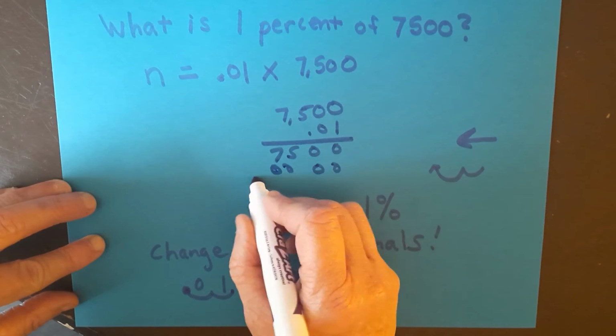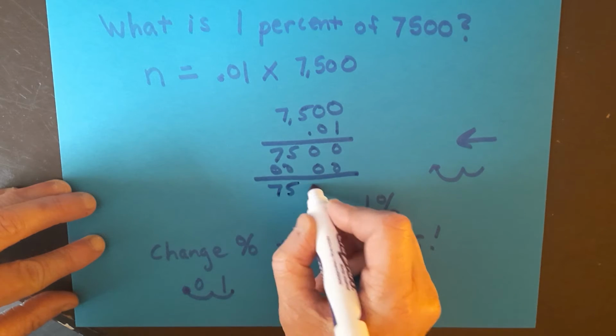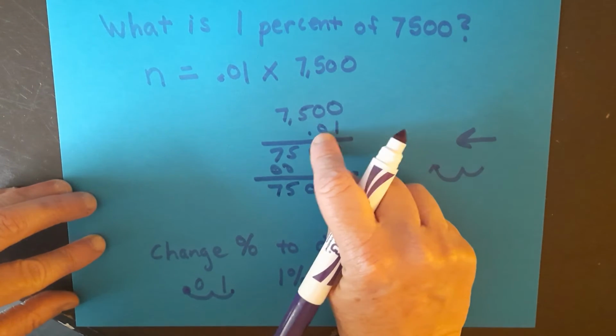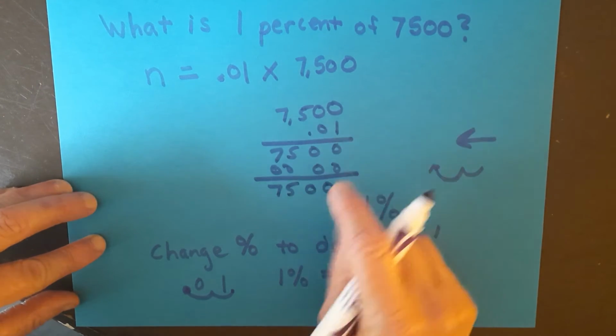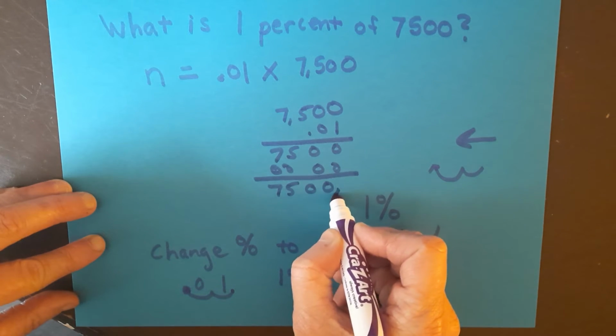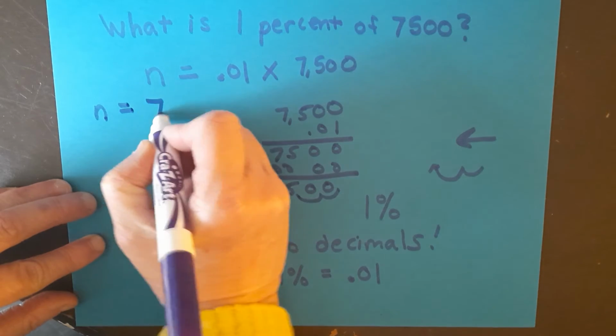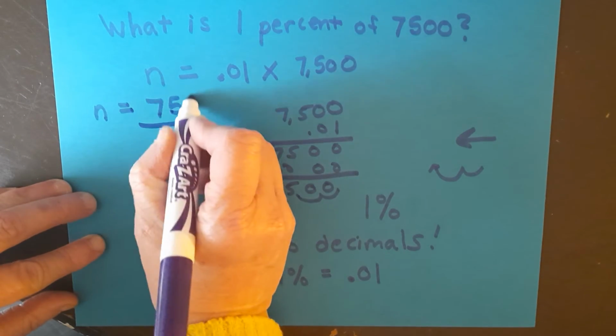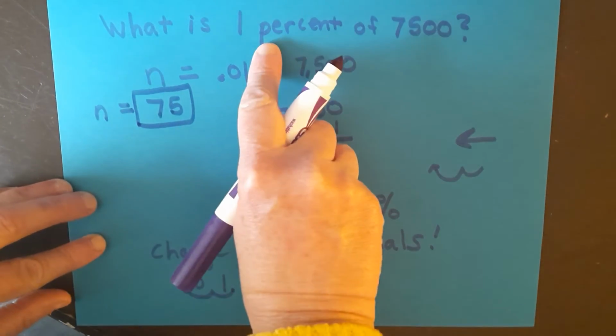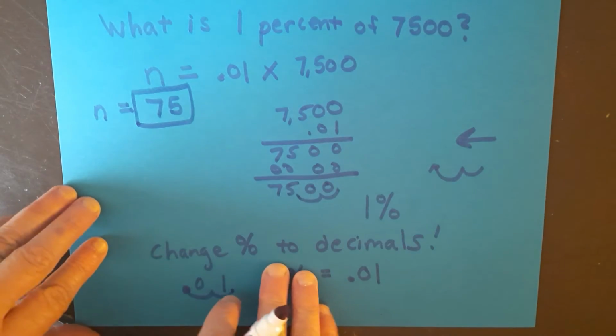and you end up with, remember to count the number of places behind the decimal point. There are 2. So we need to move this over twice, 1, 2. So N, or the answer, would be 75. 75 is 1% of 7,500. We're going to go ahead and do another one so that I can make sure that you